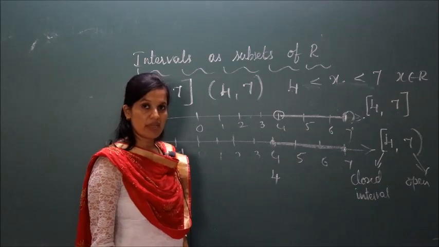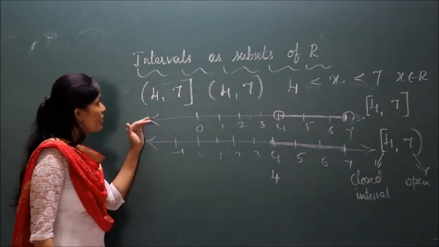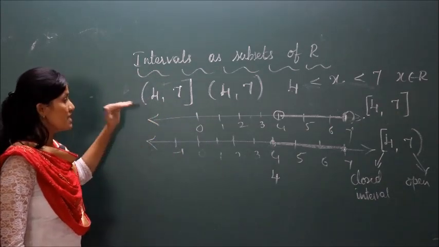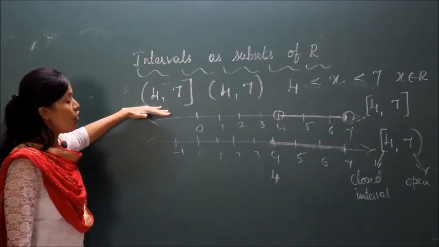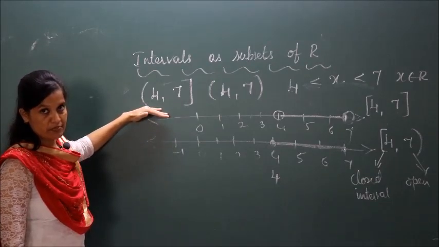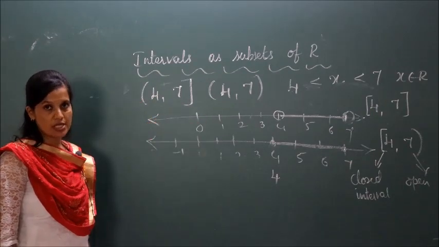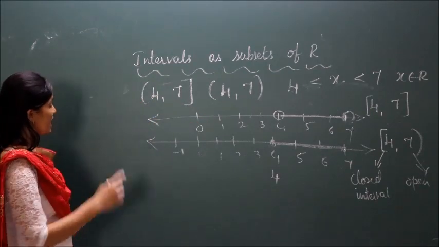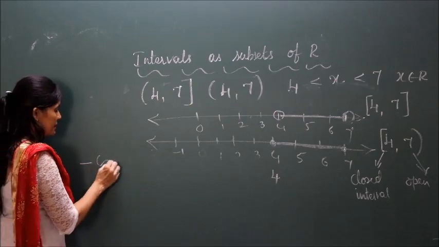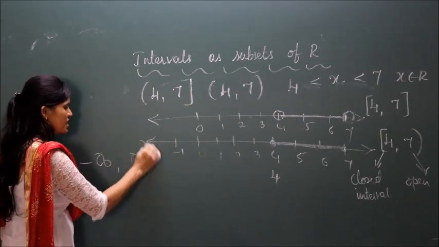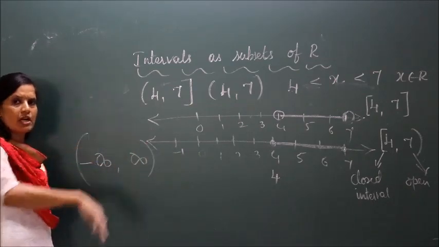That is the meaning. So this is how we represent a set of real numbers in the form of intervals. These two are called open intervals and closed intervals. See, a set of real numbers is represented in this way. This is the set of the whole real number line.